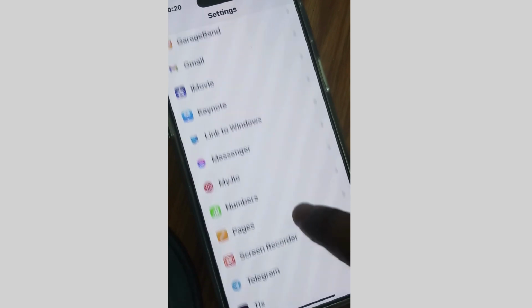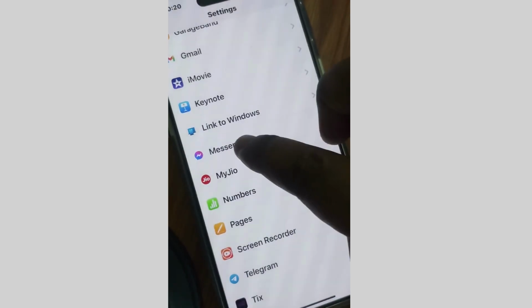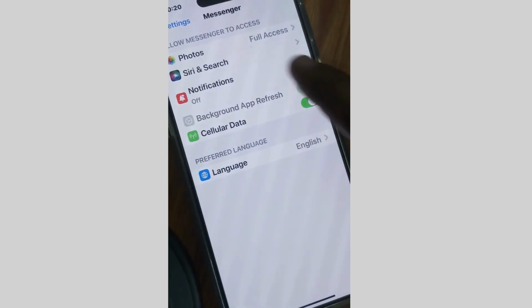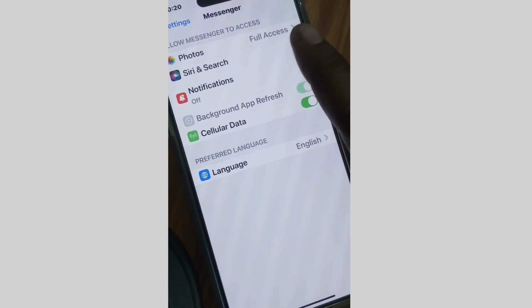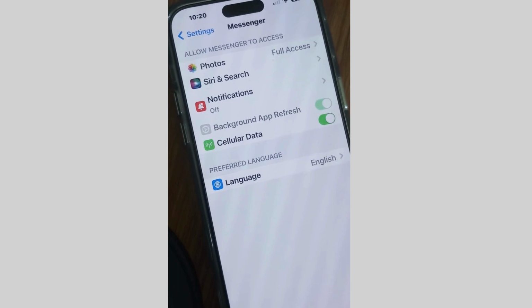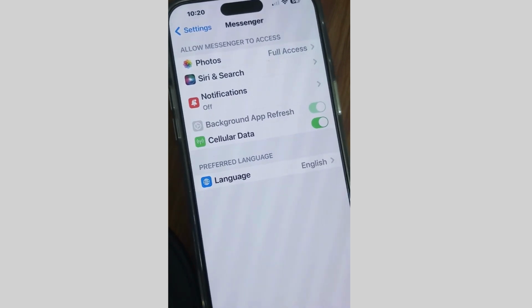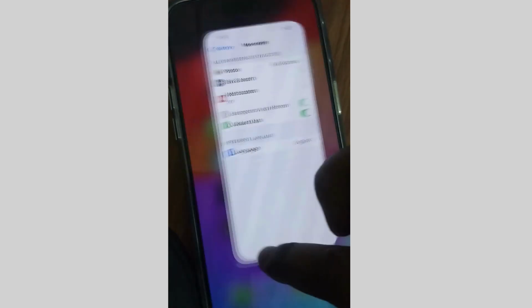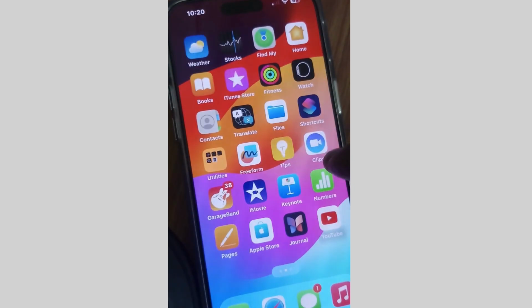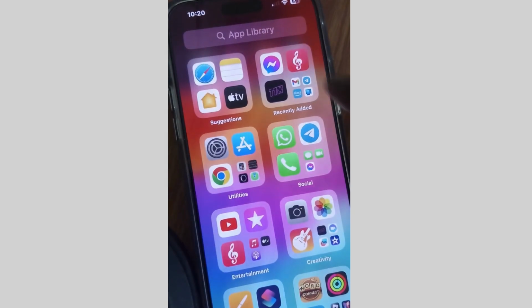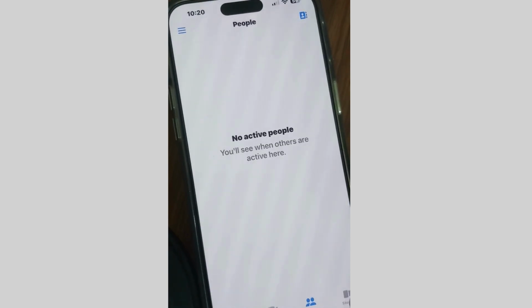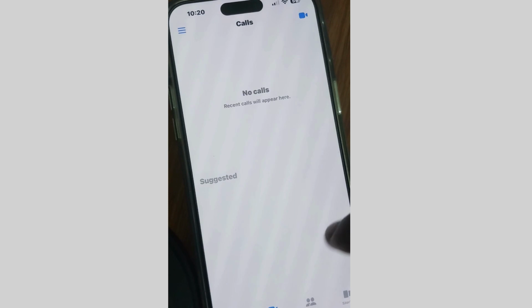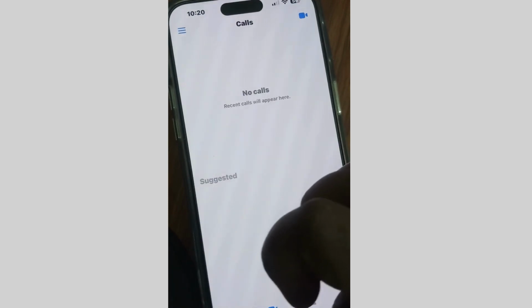Look for Messenger. Tap on Messenger app and here look for microphone option. If microphone option not showing here, then simply go to your Messenger app and make a call to anyone, voice call or video call. Make a call and